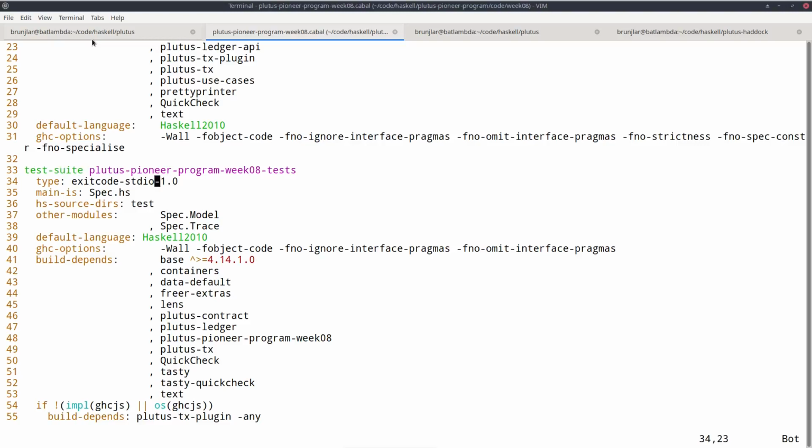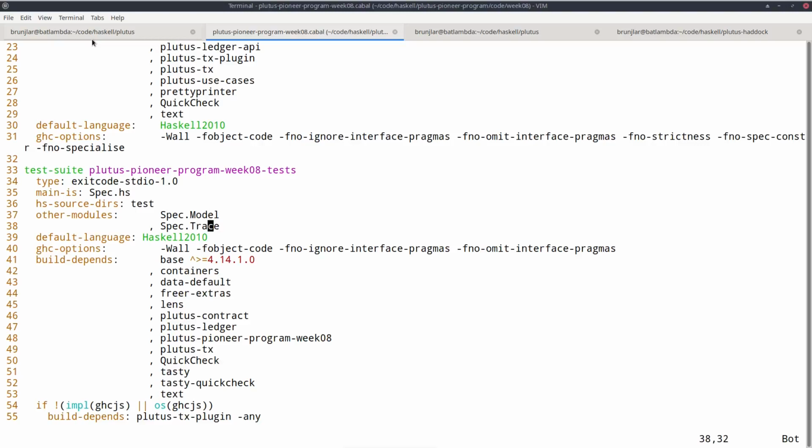And this means that the tests work by running executables, and if there's an exit code that's not zero, the test counts as failed. So the rest is quite similar to how we specify an executable in a Cabal file. So we provide a main. This is Spec.hs. I haven't shown you that yet. And folder, other modules. So these are the two test modules we have looked at.